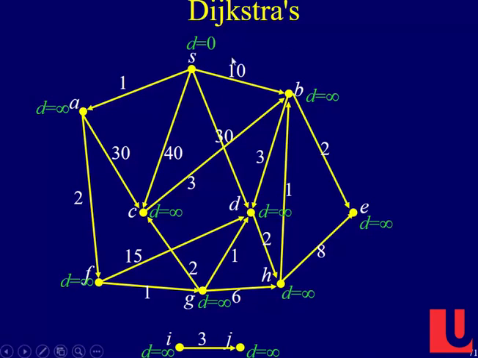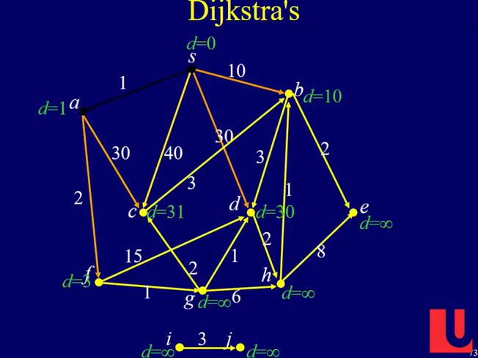All right, so we start with D equals 0, and then everybody else has D equals infinity. So who has the smallest D value? S. So we take S, and we handle its edges. And note that we updated all the D values. Right? Now these are the only handled paths. So for this one, the shortest path through handled guys is clearly that. And these guys are still infinity because we don't have any paths to them. Right? And then what's the smallest D value? It's A. So we update